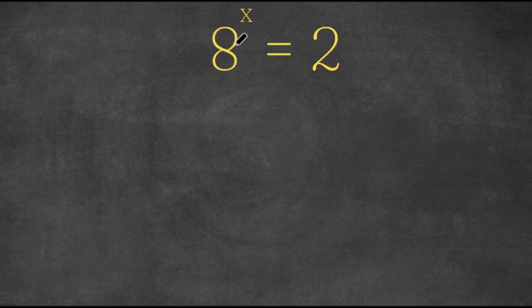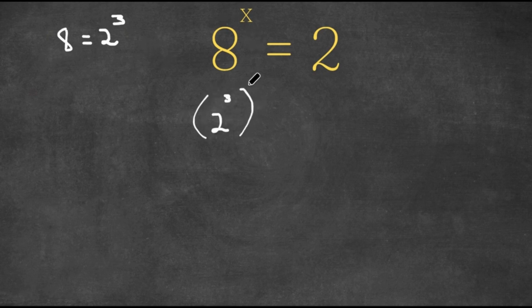So whenever we're solving problems such as this one, we always want to make the bases the same so then we could set the exponents equal to each other and solve. So right here, 8 and 2, well, we want to convert one of these two bases to make them equal to the other one. Well, 2 is already pretty small, so we can't convert it into anything else, but 8 is actually equal to 2 to the power of 3. So what I'm going to do is replace 8 with 2 to the power of 3. And so we have 2 to the power of 3 to the power of x